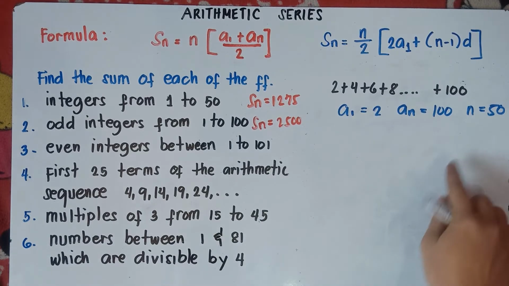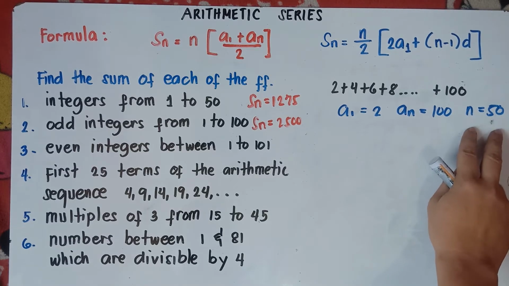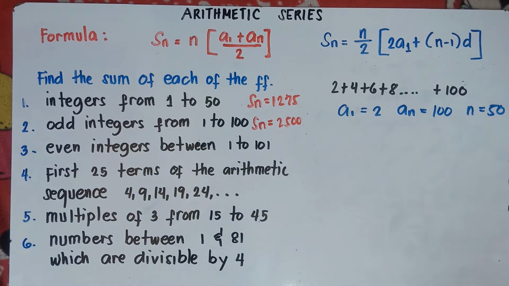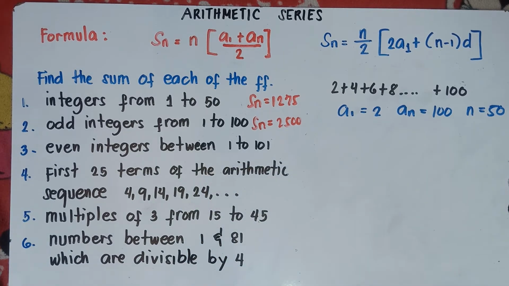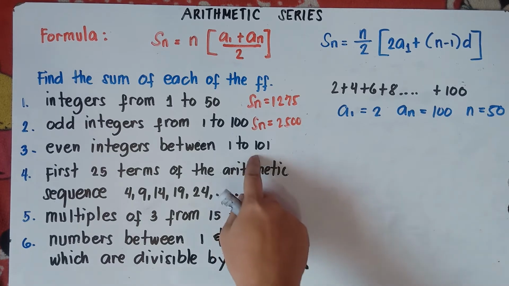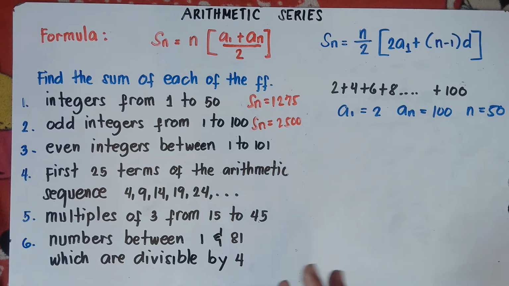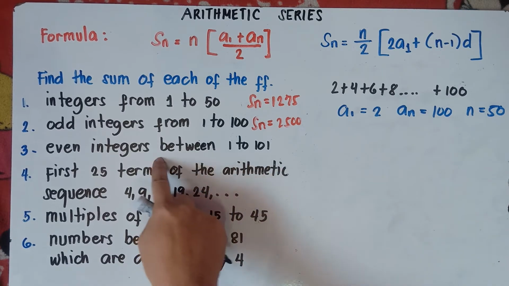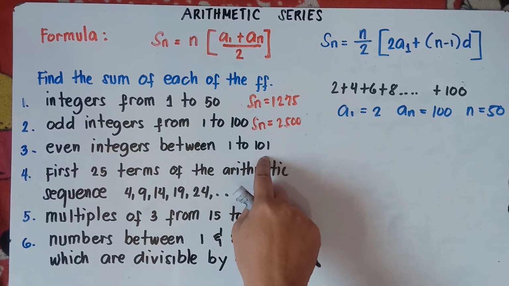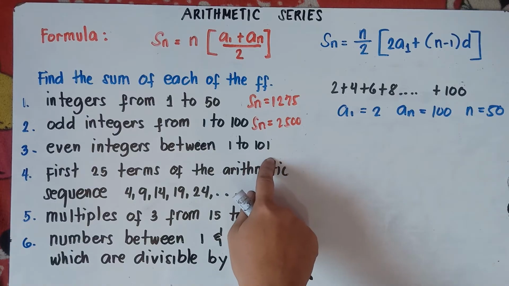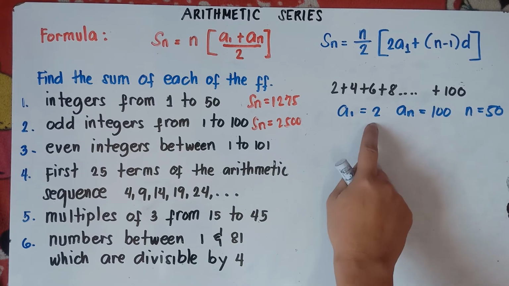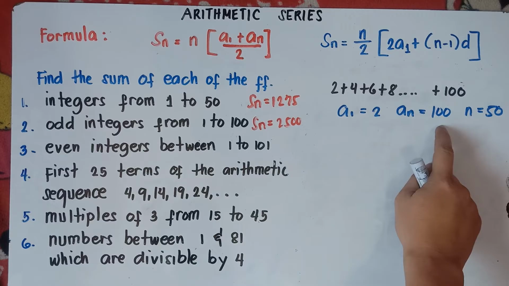Alright, so once again, we have 50 integers from 1 to 101, 50 terms. It will be more complicated if you write those numbers. Just remember this one: from 1 to 101, we have 50 integers. Since you are looking for between, 100 is included. So 2 is the first term, and 100 is the last term,